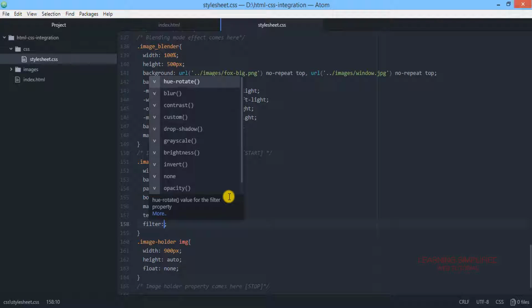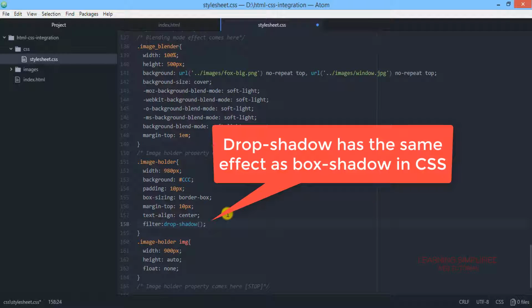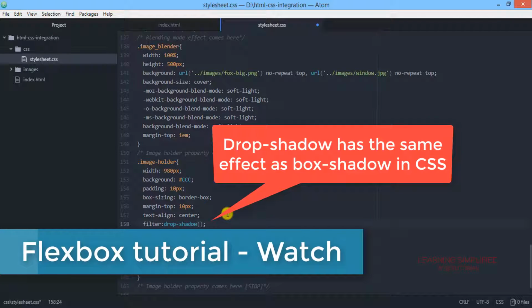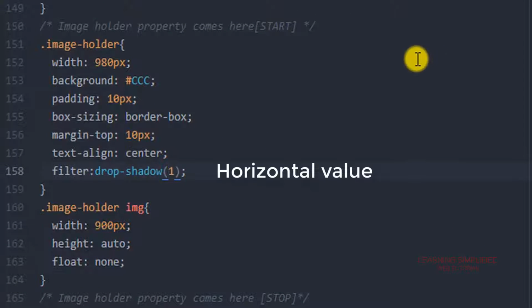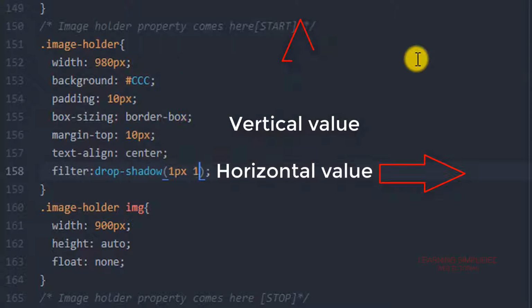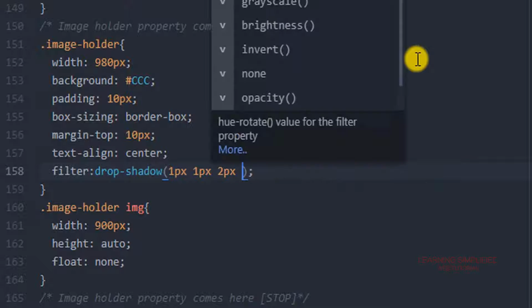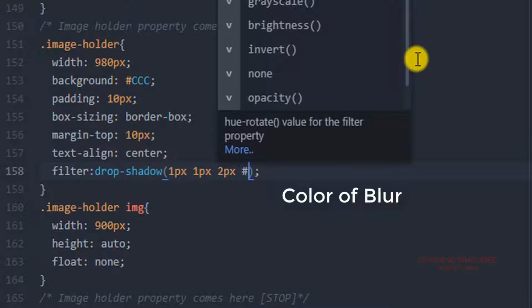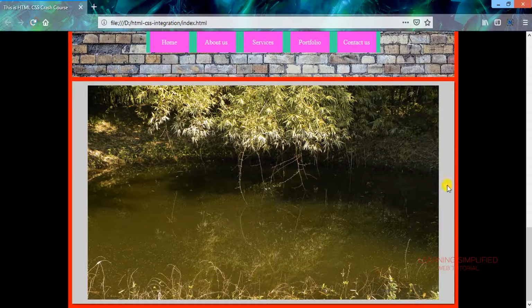If we now use this drop shadow over here, drop shadow has the same effect as we have seen in previous cases, such as box shadow. In the first case, it takes a horizontal value, a vertical value, and the total amount of blurriness. You may set it to 0 pixels or any value you want. I am setting it to 2 pixels, and then it requires the color. Say I am putting this black color over here. Now if we keep it up to this and get back to our project and reload, we can see that there isn't practically any effective change.